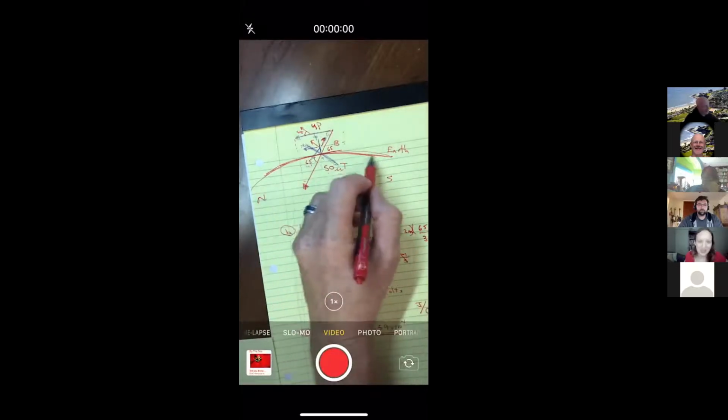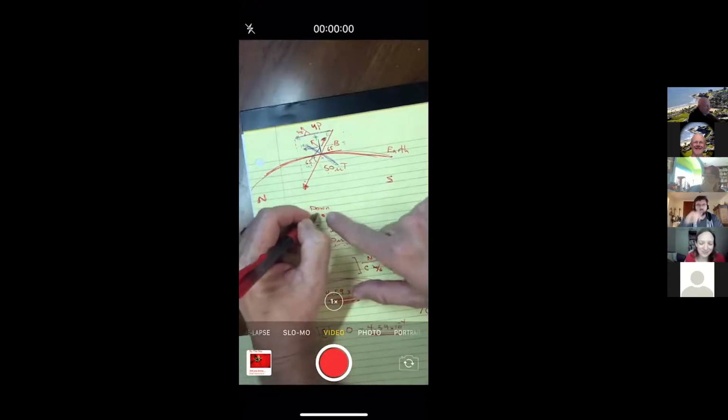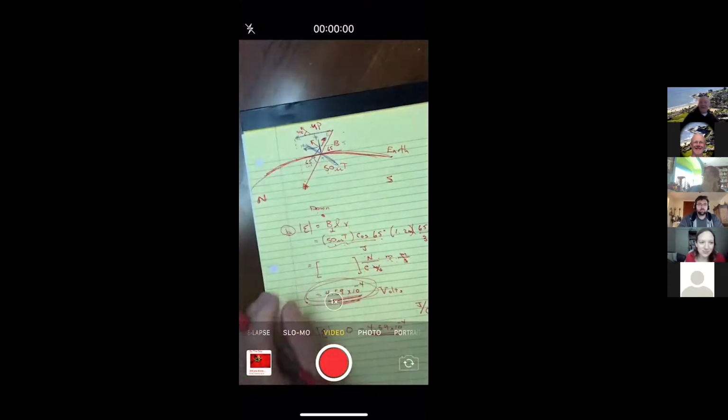And so, okay, kind of a cross section of the Earth. Here's the North Pole, here's the South Pole, here's down towards the center of the Earth, and here's up above the Earth. Okay. And then in their solutions, they also said, assuming that the antenna has positive charge at the